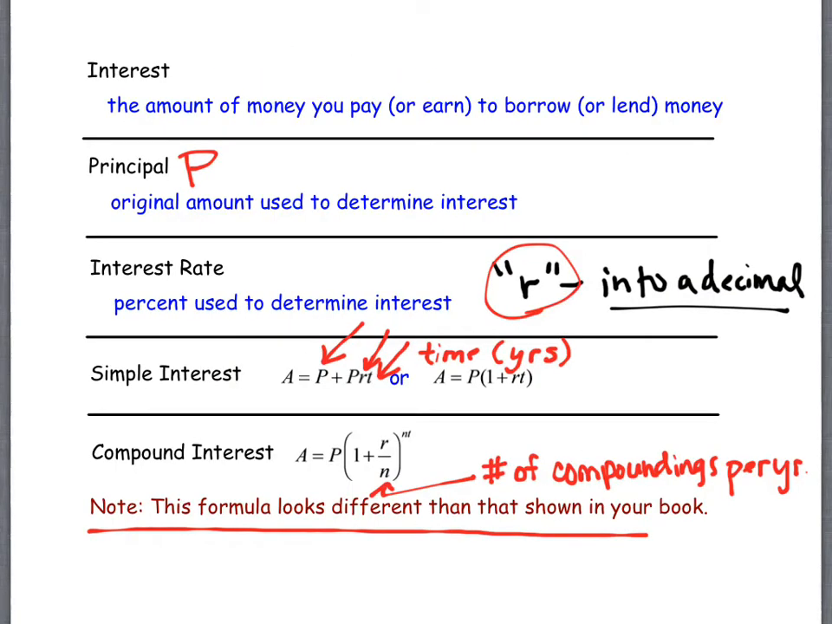We had talked about interest being the money that we make or end up owing extra when we either put money in a bank or borrow money from a bank. Principal being the amount of money we originally either put in there or borrow. Our interest rate is the percent that we use to determine what the interest is going to be. It's usually given in percent form, and we have to turn it into a decimal in order to use that value. Simple interest is the kind of interest that is often calculated when you borrow money from an individual person,